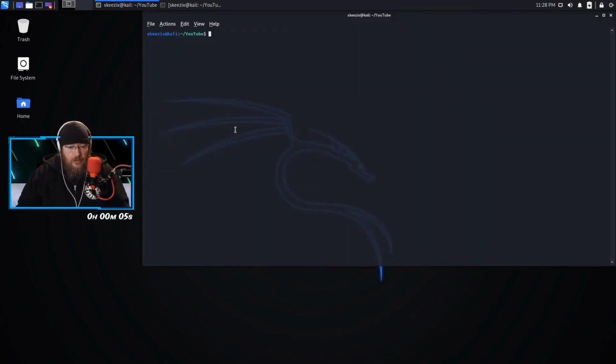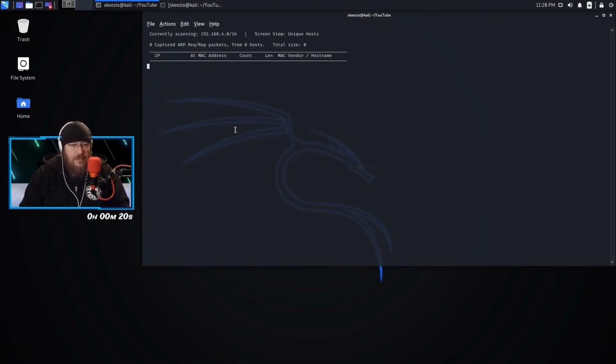Okay, so we're going to start out by opening a terminal window, and of course we're going to do netdiscover, but it's sudo netdiscover. It's going to take a second to bring up the IP. Now, I know there's other ways we could go about doing this, but the way I'm going to present it right now is how I discovered how to get through the whole box. I know from working through this before that the IP is actually 112. So we're going to stop that, and then we're going to nmap